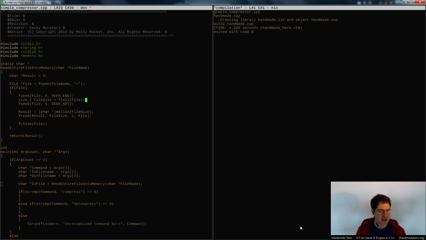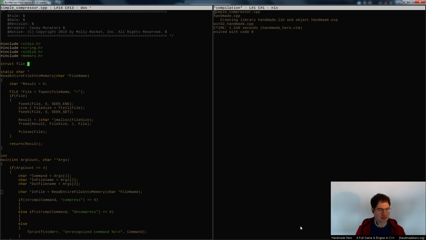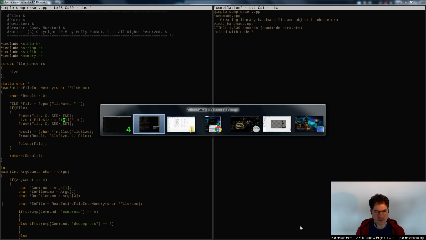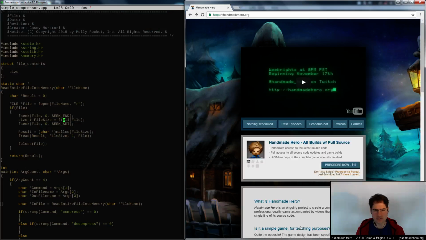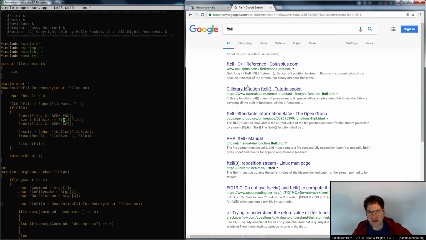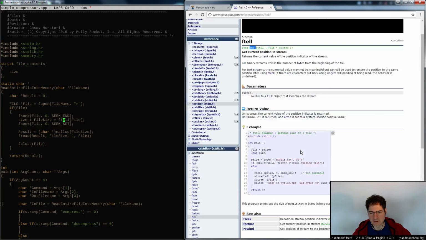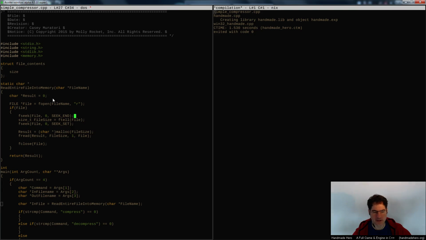I just realized this. I want this to actually be a little bit better than it is, right? File contents. I want to know that size, whatever that size is there. So I also feel like this code wouldn't work for anything that's greater than 4 gigabytes here, because I feel like FTL doesn't actually give me a size T. Is that true? Let me see here. I feel like FTL doesn't give you a size T. It gives you an int, right? I wish it gave you a size t, but it doesn't. So I don't think it's 64-bit. It's all right. It's not the end of the world, but